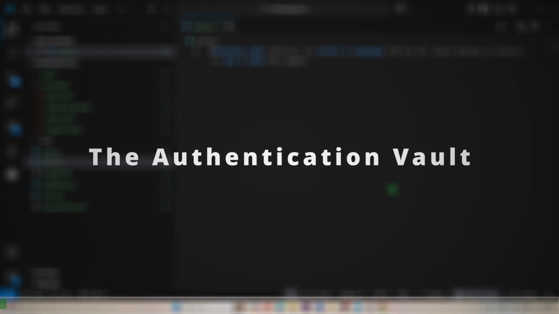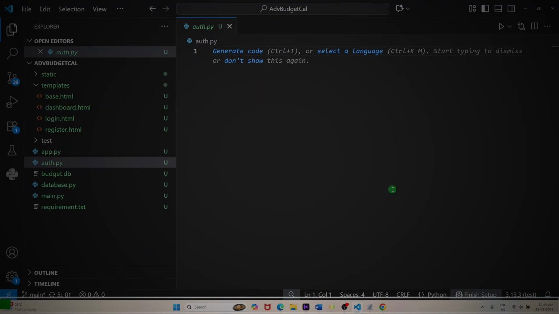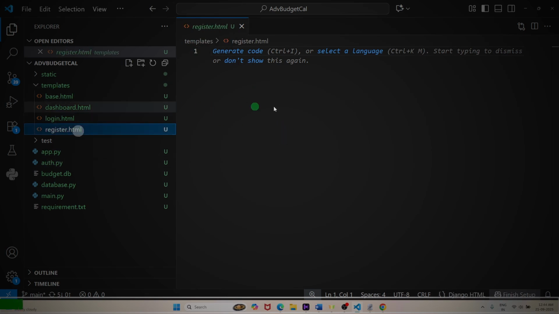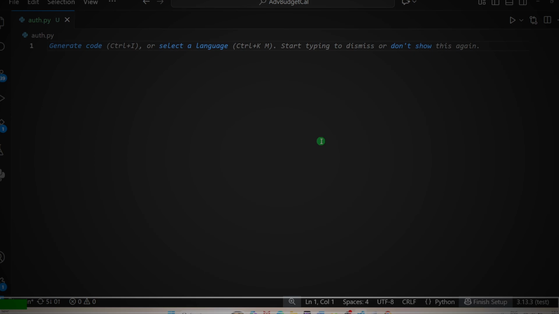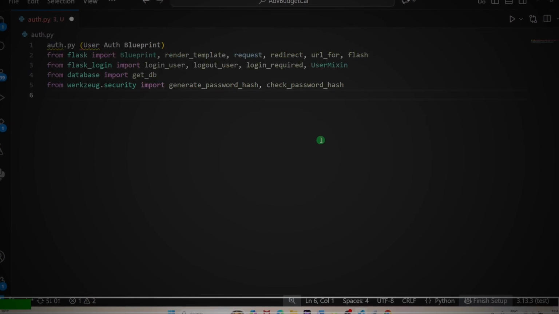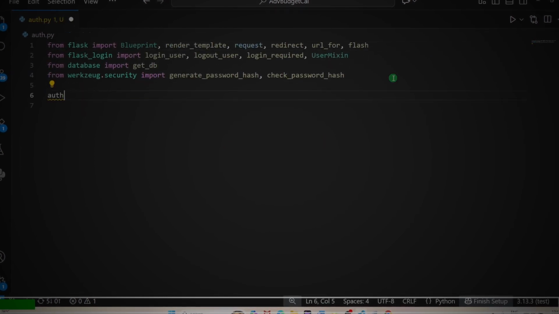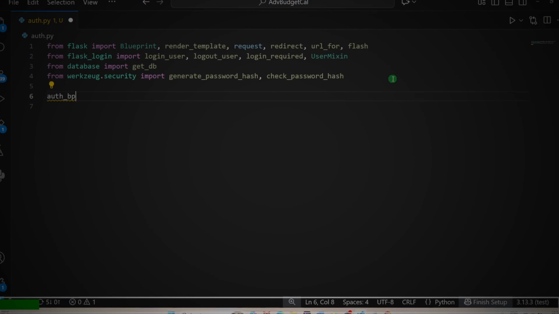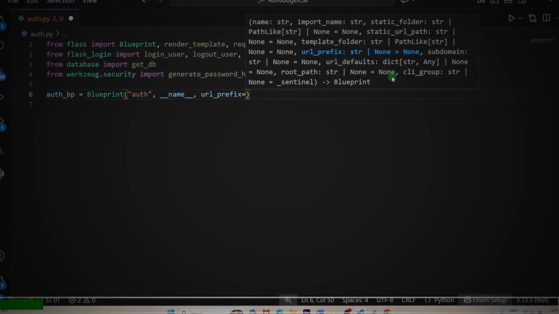Let's build the logic for registration, login and logout in auth.py. And also let's build the front end for registration, login and logout in these files. In auth.py, let's import the modules. Right, so let's create an object of Flask Blueprint, url_prefix equals to